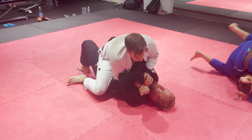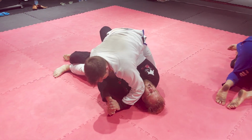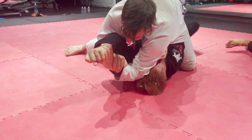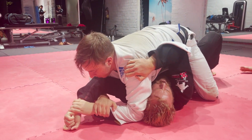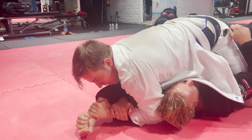So I go back into mount, right on top. And then I did the kind of Gordon Ryan trick where you don't push that arm to the mat, you push it to the side, and then they have kind of no strength to counteract that. So I'm attacking the Americana here, but Matt is really, really strong, so I'm having trouble pulling his arm into